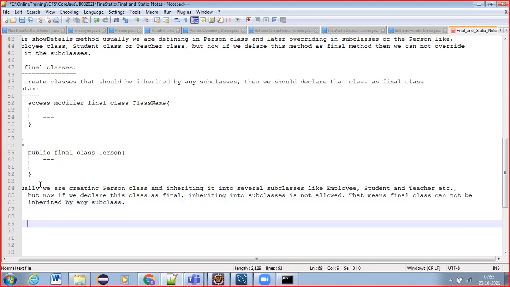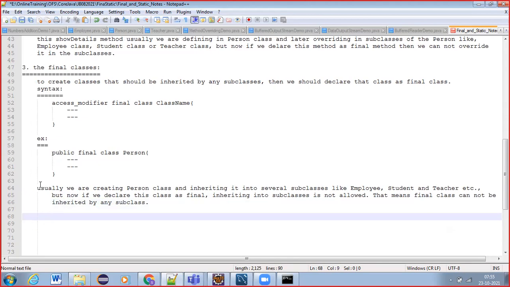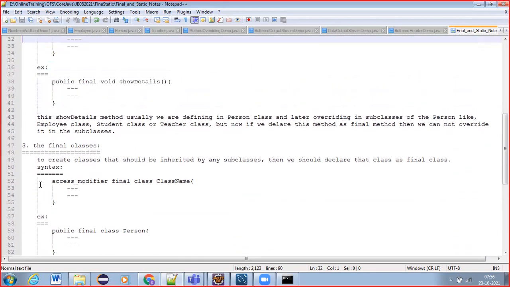These are the important points which we need to remember, guys. Is it clear, guys? So the final keyword, how we are using it, and what restrictions come when we are using the final keyword. Clear? Yeah. So this is about the final keyword, guys.